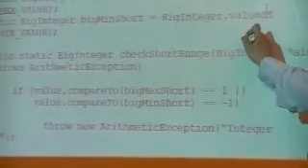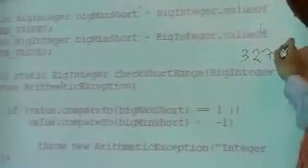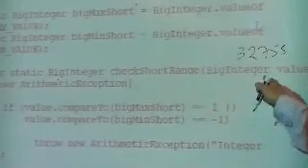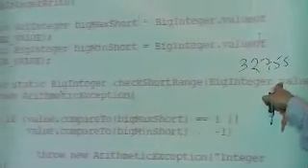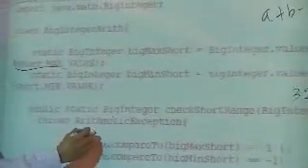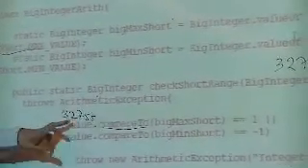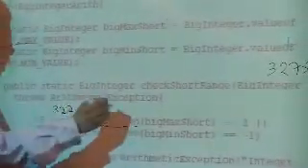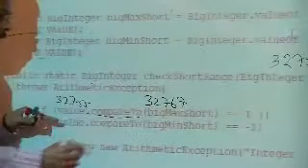So let's say I got my a plus b minus c to be say 32755. I want to check whether this big int is within the acceptable range for short. Right, so what do I have to do? I'm comparing this big int, which is 32755, using the compareTo function. The compareTo function returns 1 if this value is greater than the maximum. So what is our maximum? 32767, right? So if this is greater than this, it returns 1.